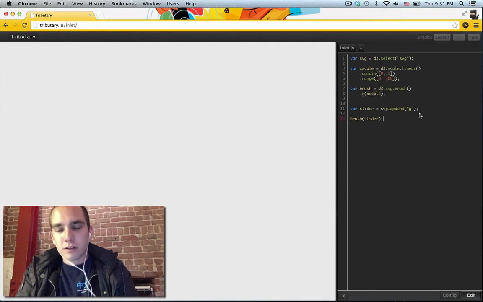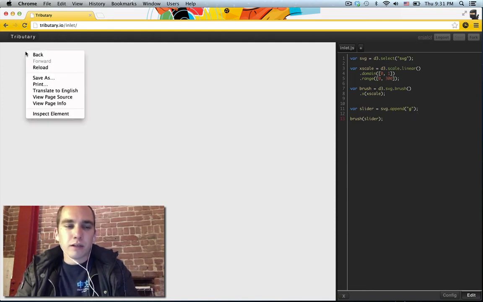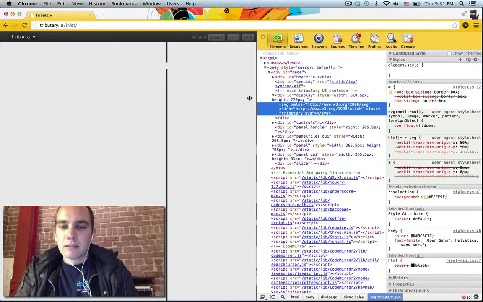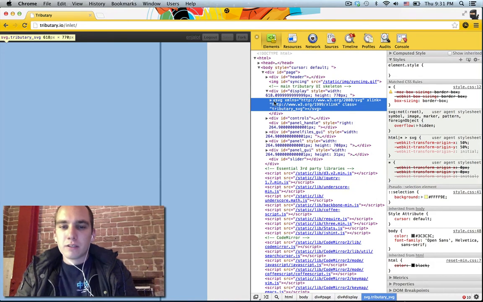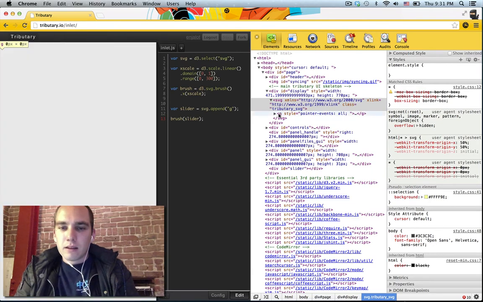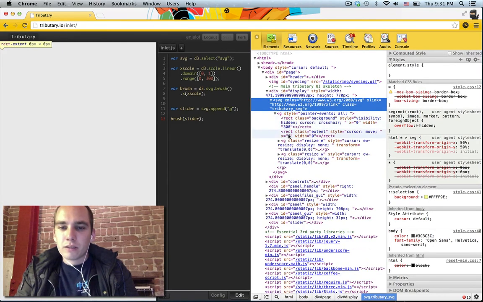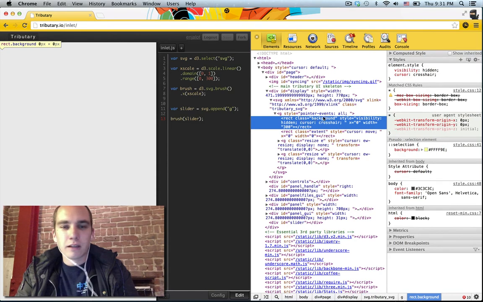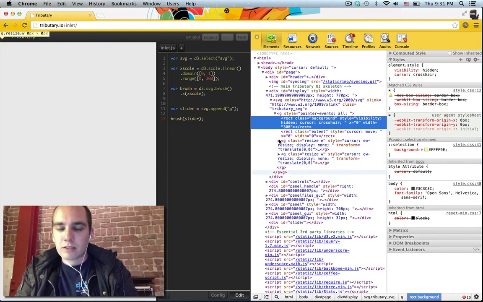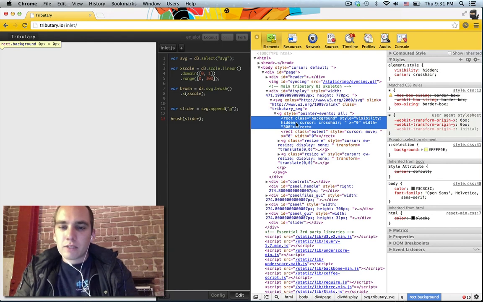You know, what's going on? Well, there's a couple of things. This creates a few elements, so let's take a look at them. So in our SVG, what is going on here? We have our group, and it's created some rectangles. Now there's a rectangle with a class background, extent, a group resize, which has a rectangle, another group resize, east and west actually. But look at this, visibility hidden.